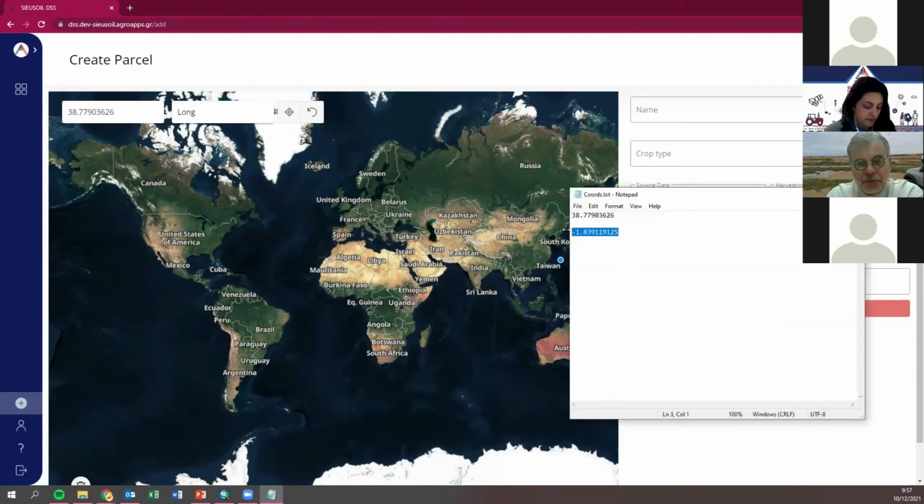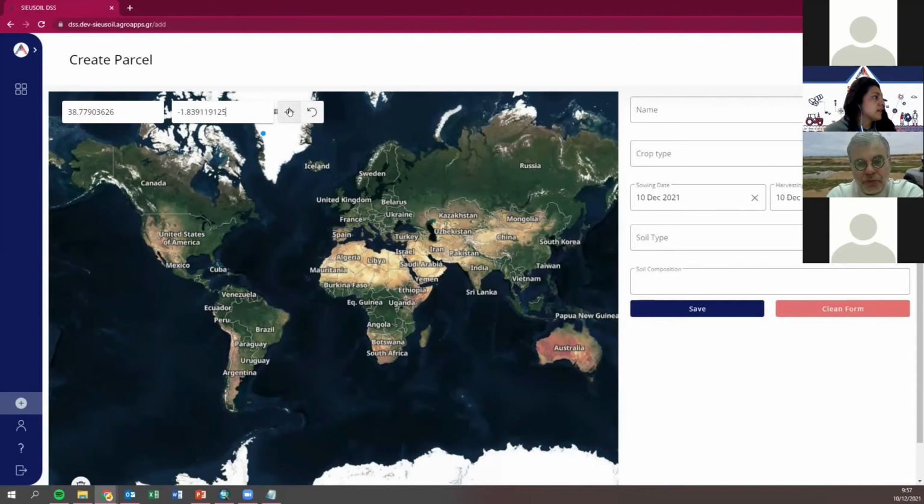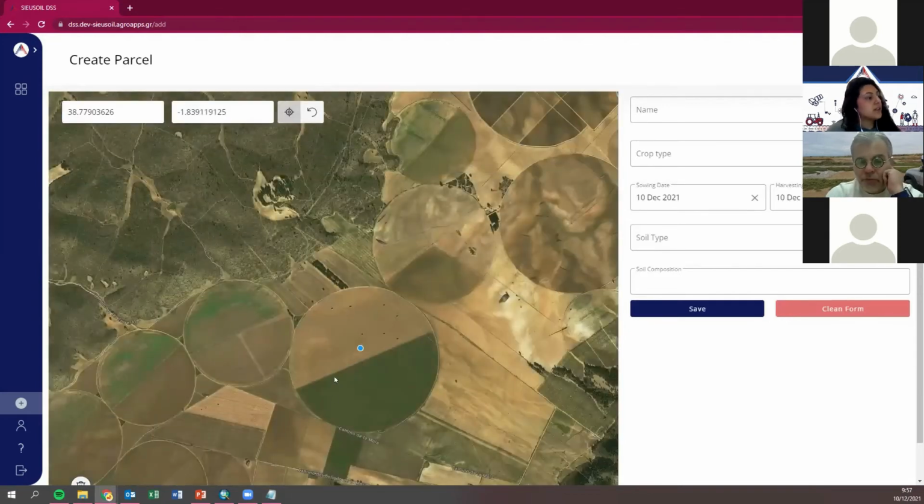When you zoom in, you can see more or less the area you're looking for. With your clicks, you create the boundary of your field. Let's make a kind of circle over there. And there you go, you have your parcel.